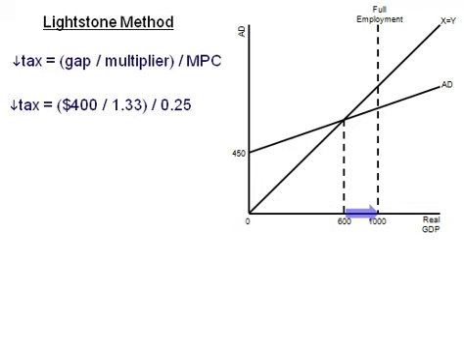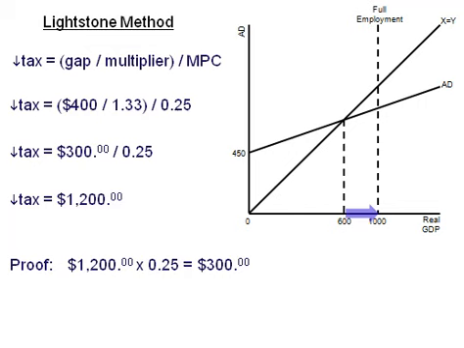So our gap is $400. I divide that by 1.33. What does that give me? $300. Essentially what I'm saying is, what is $400 133% of? It's $300. And then I'm asking, well then, what is $300 25% of? The answer,